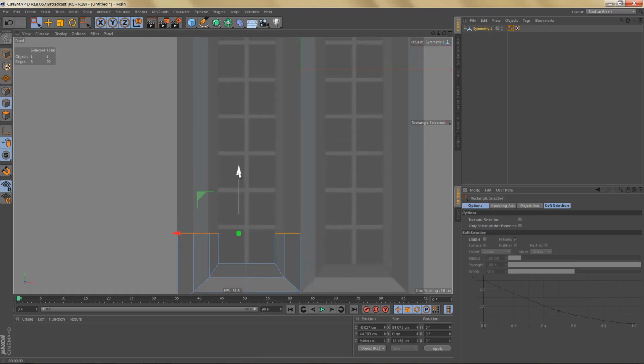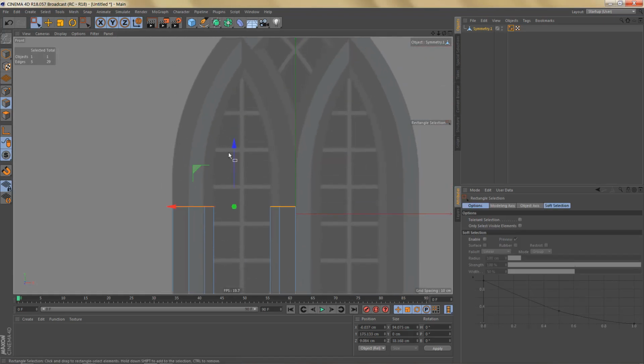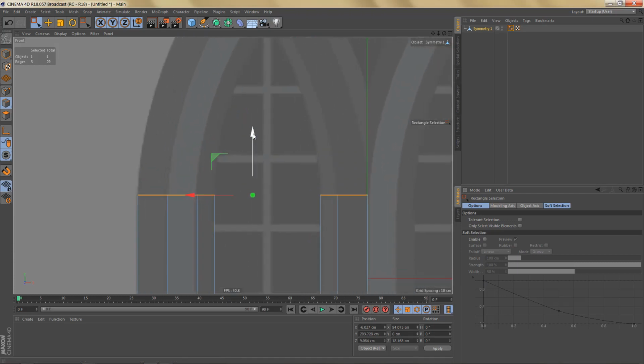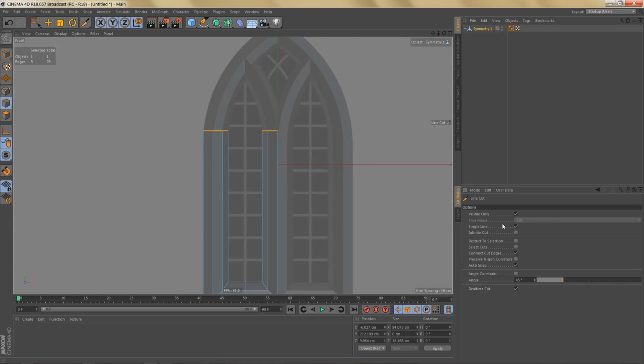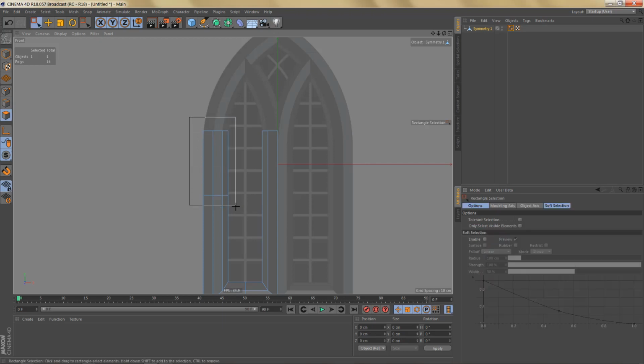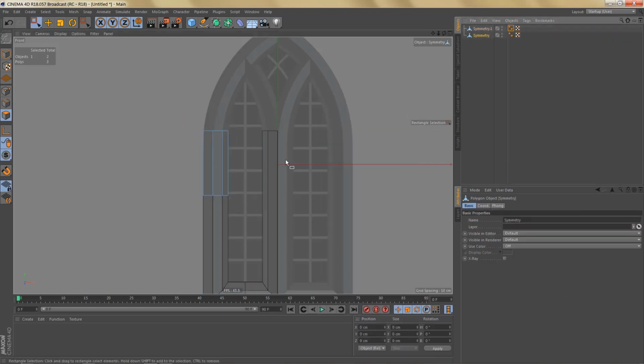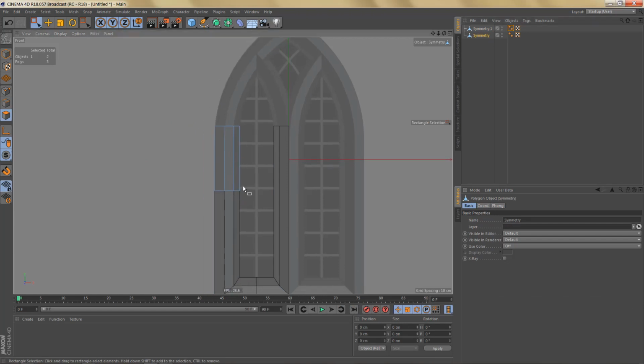So let's select these edges and move them up to where the arch actually starts, which is about here. And I'm going to use the line cut tool, switch off visible only, make a cut somewhere here, then select these polygons and split them off. And for this new object,